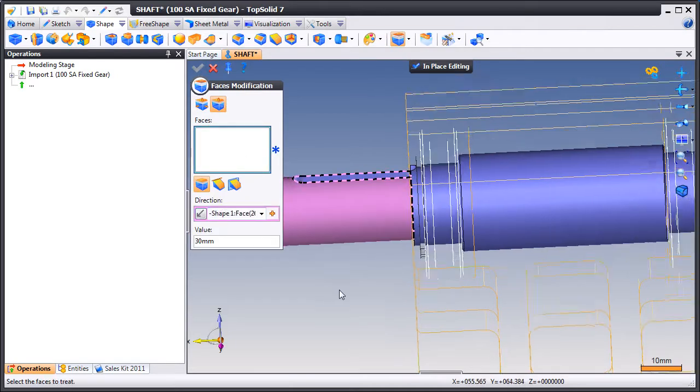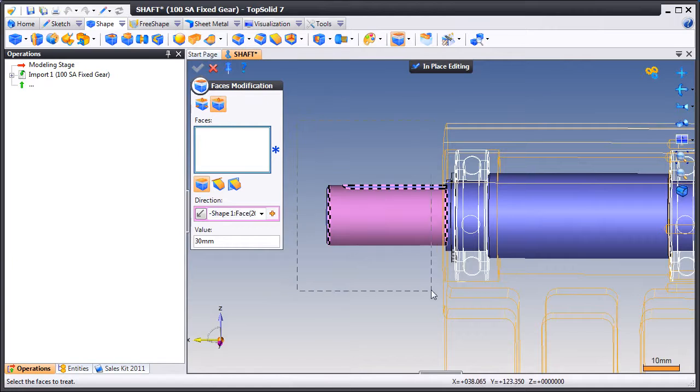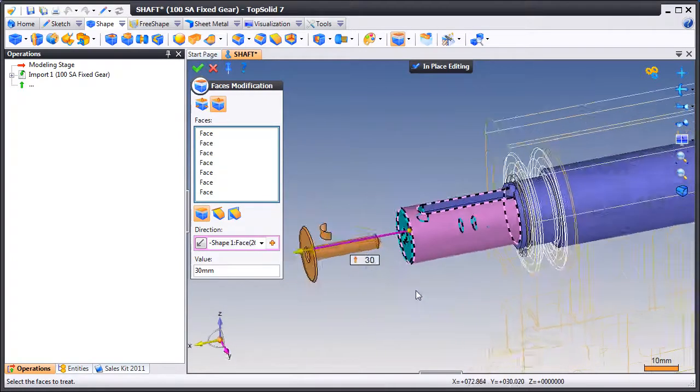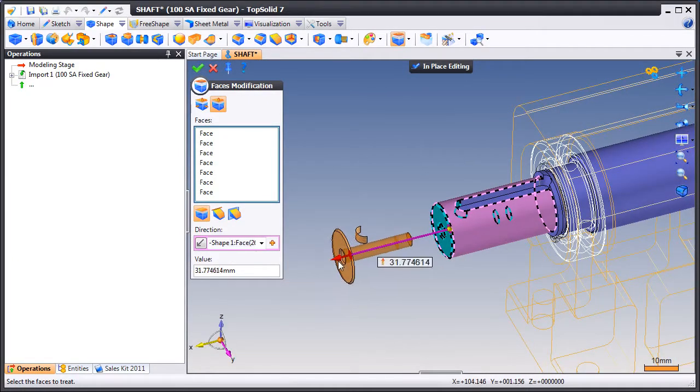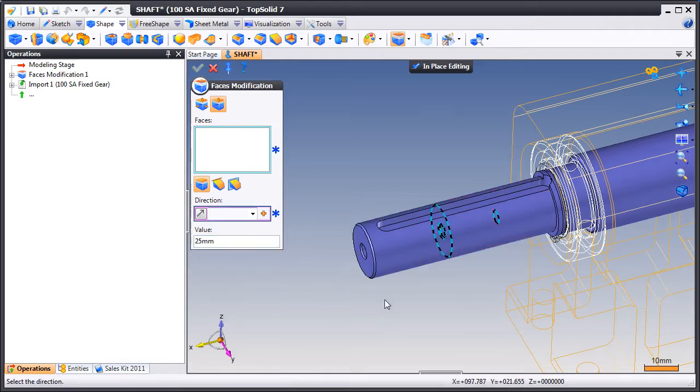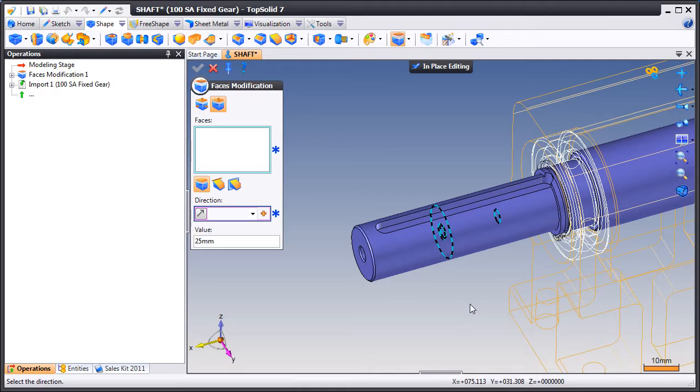We're going to set a direction, and now we're just going to window select the faces that we want to modify. In here, you see a dynamic preview of those faces being modified. We'll give it the value that we want to apply, and like that, TopSolid 7 does all the hard work